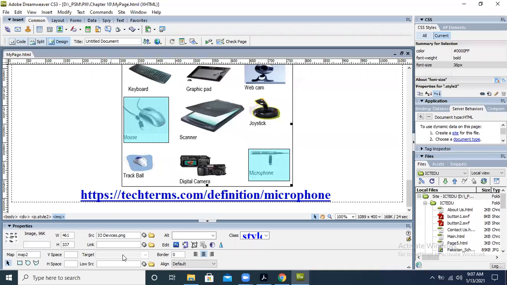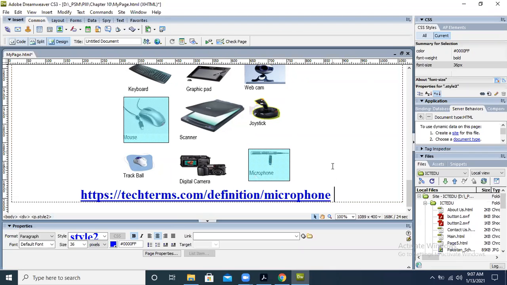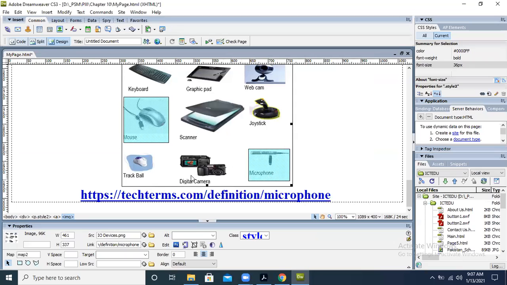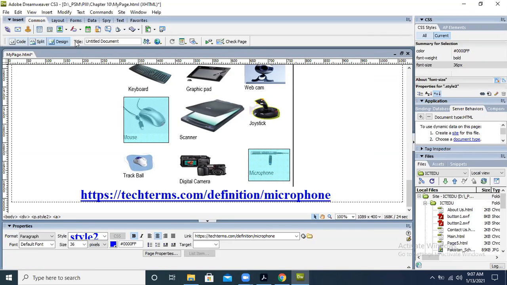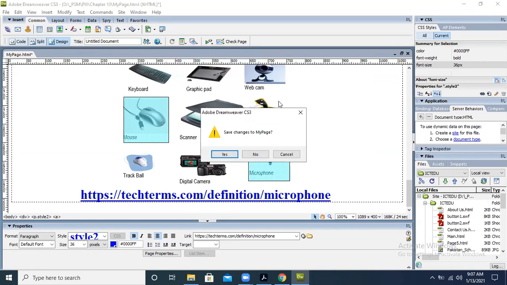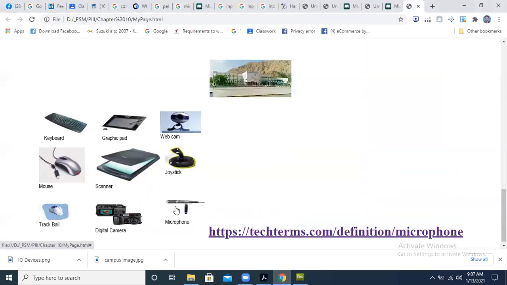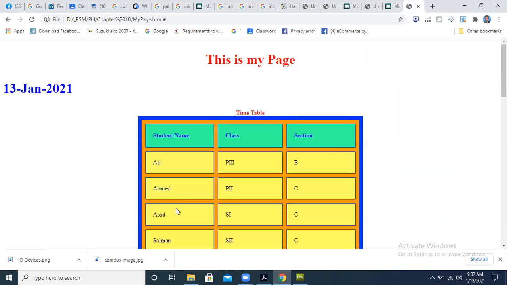So one by one, I make them link, map 2. For example, I give the link over here for it. Okay, now let me run and check. Anyway, it is working for the same document, but not for the external document.